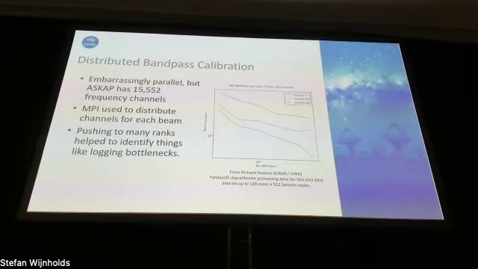For instance, collaborator Richard Dodson from UWA was processing some simulated SKA Mid data, which had about 65,500 frequency channels. Richard decided he would see how much he could push that, and he pushed it all the way up to 65,500 MPI ranks. He got it down to, I don't know, 15 or 20 seconds to process the whole lot, which was good, but it showed up issues with our logging and other things that only showed up when you get to thousands of parallel ranks. So that was useful.